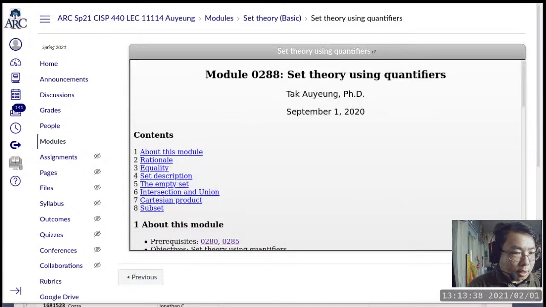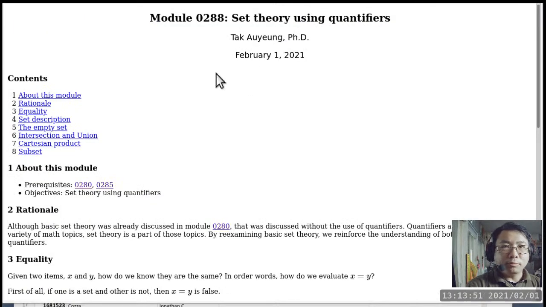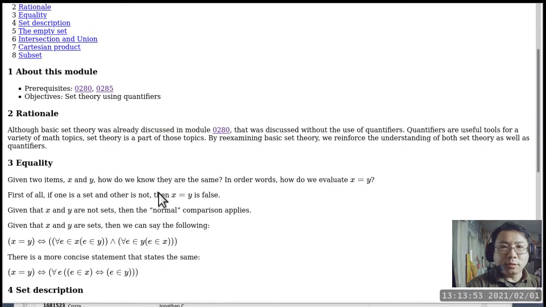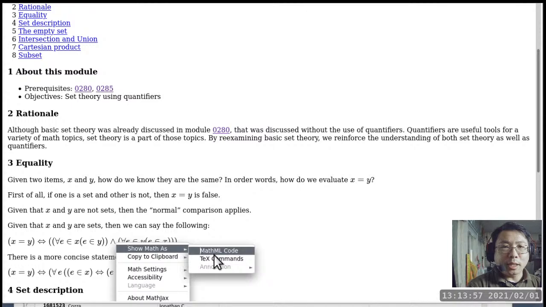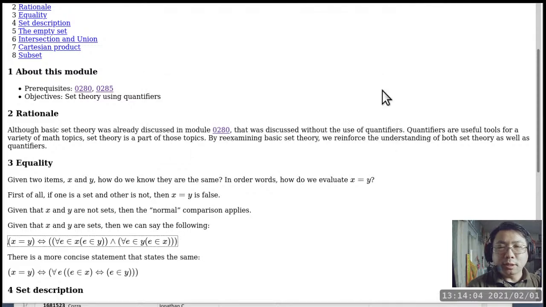And it has not been refreshed yet. Let me go ahead and refresh that. The whole idea of me refreshing everything, and now it is refreshed, is so that you guys can right click on something like this and understand how it is typed in LaTeX. So that's the only change. The content is the same as before.